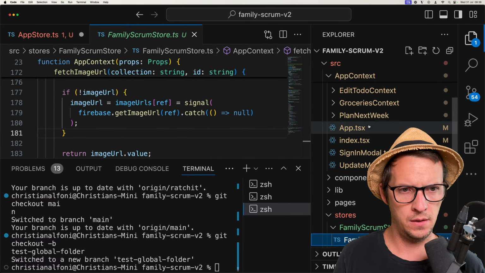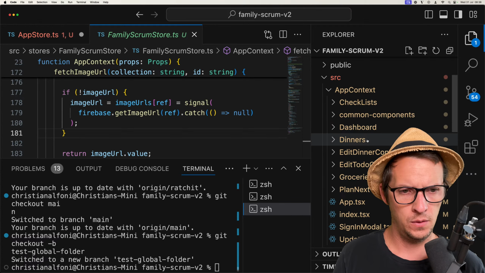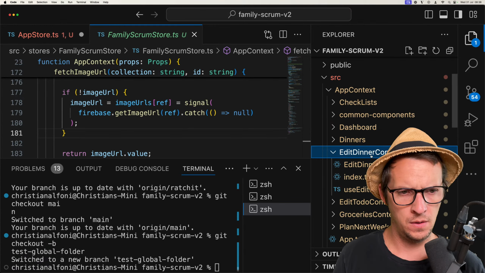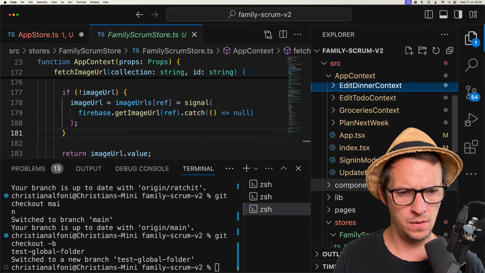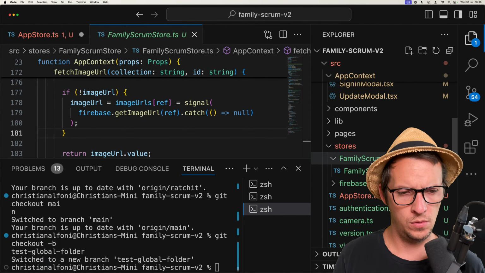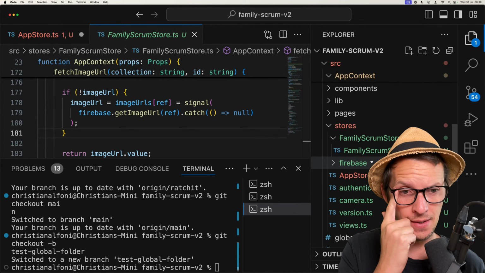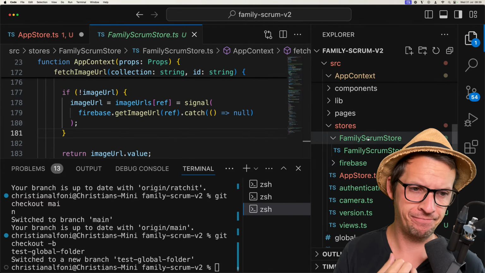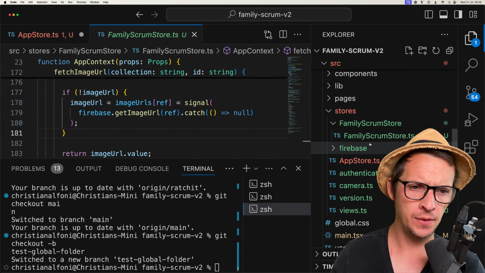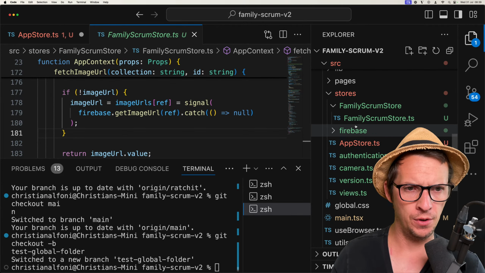And then you would have, like, it's interesting how most of these have a single file. It's kind of unique for the App Store.